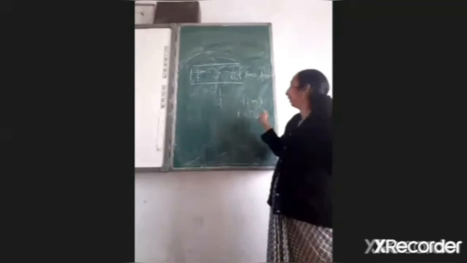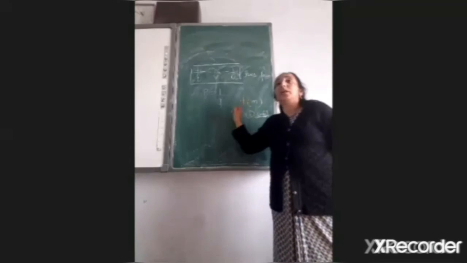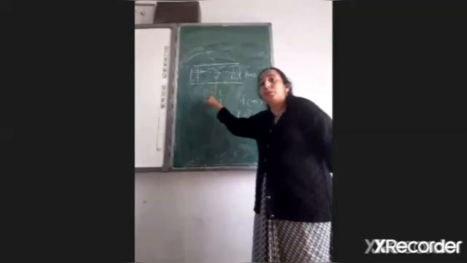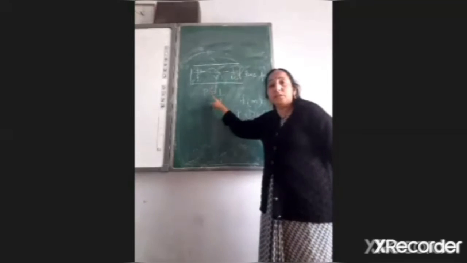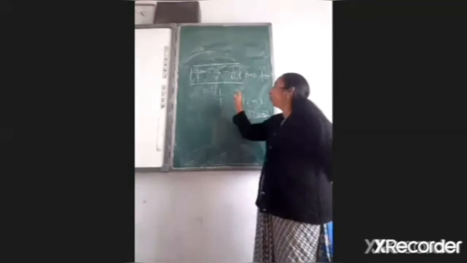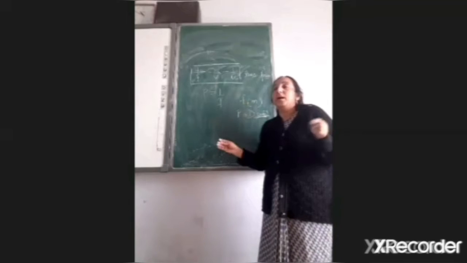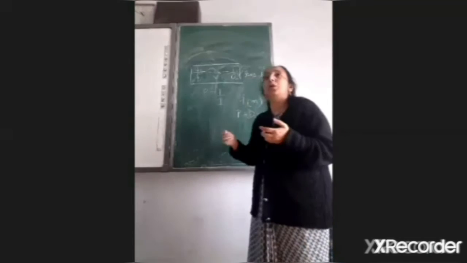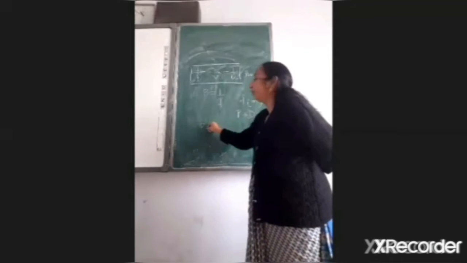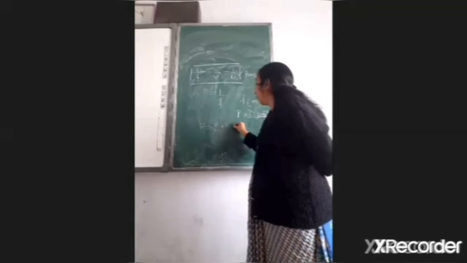We have always focal length in centimeters. So first you have to change the focal length into meter, then only you can find the power of the lens. Power of lens is equal to 1 upon f. It is always the reciprocal of the focal length. And we have another, if we have a combination of some lenses, 1, 2, 3 or more lenses, then the power of lens is always equal to P1 plus P2 plus Pn.